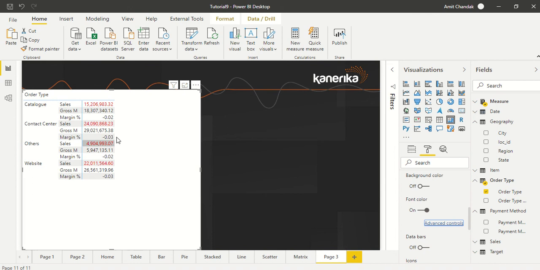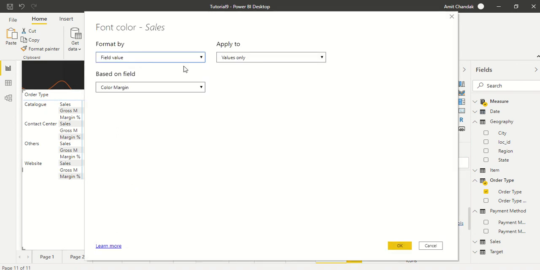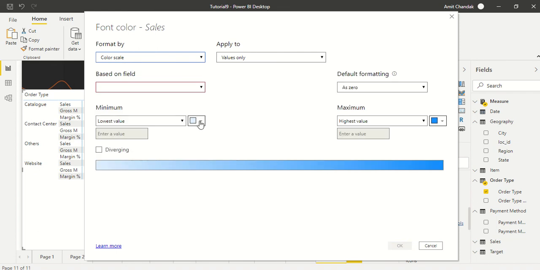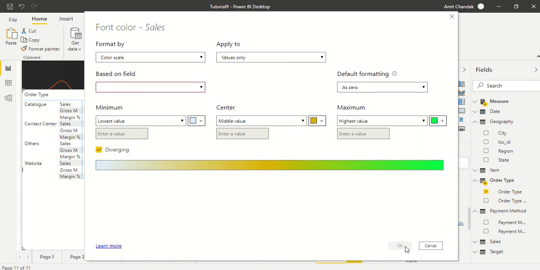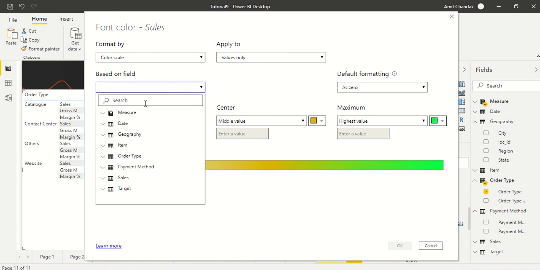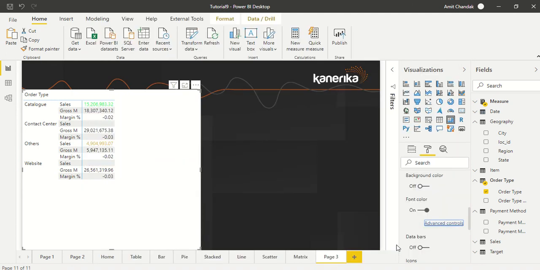So we have applied it on sales, but it seems like this condition is satisfying as red. So not much difference out here, because most of the margin values are negative right now. So we have to be very fine-tuned in terms of what we are giving. But what we can do is change it to color scale, and we can say diverging, and then let's make it a kind of green color. Okay, and something is missing based on margin. Margin percentage we want to color. Okay, and you immediately start seeing the difference. See, we are coloring the sales, but we are coloring based on margin percentage. We are not coloring margin.